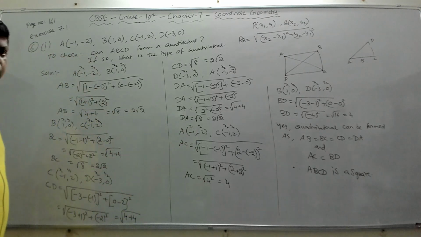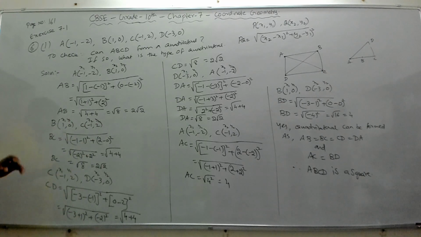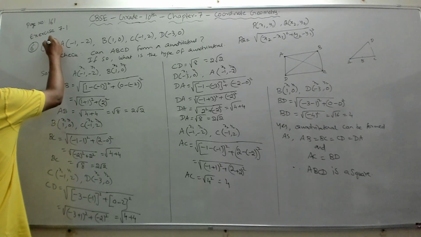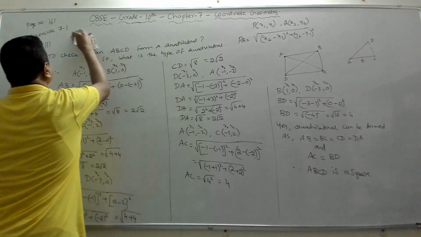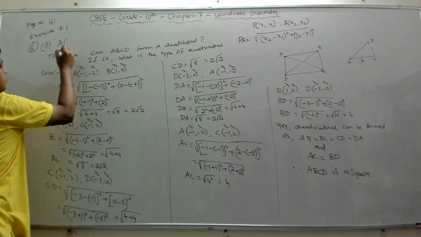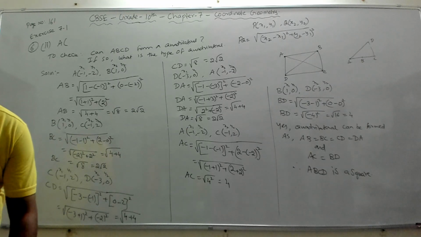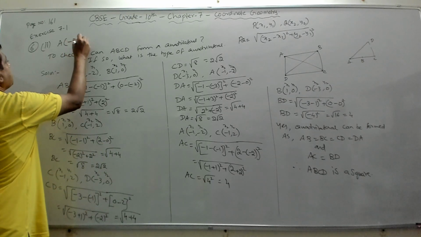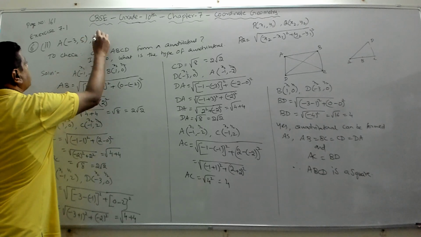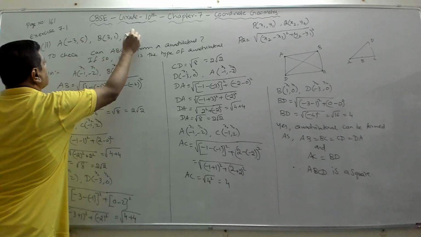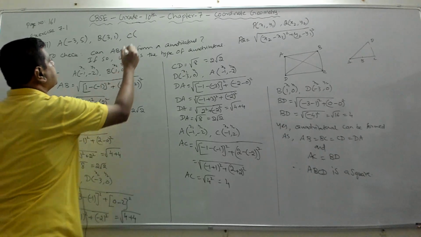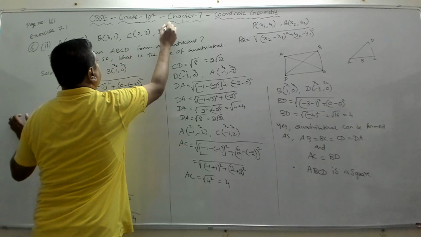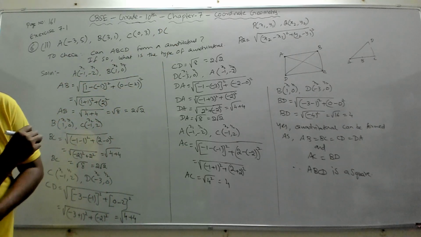Fine. So all of you can pause the video, take the notes. We'll go to the second question, second part of problem number 6. So I'll do the second part. I'll just change these points. So what are the points? The points are, let's write the given points, A is -3, 5, and B is 3, 1, and C is 0, 3, and D is -1, -4.